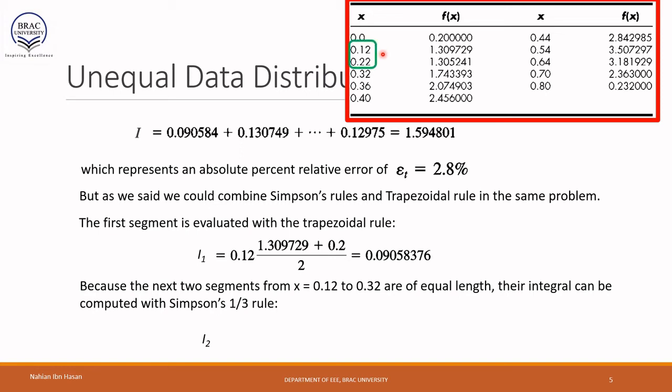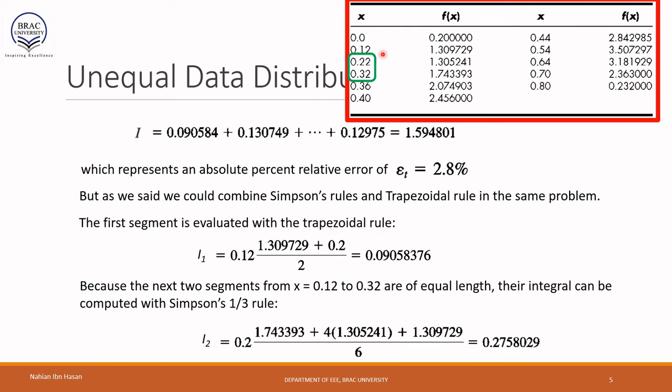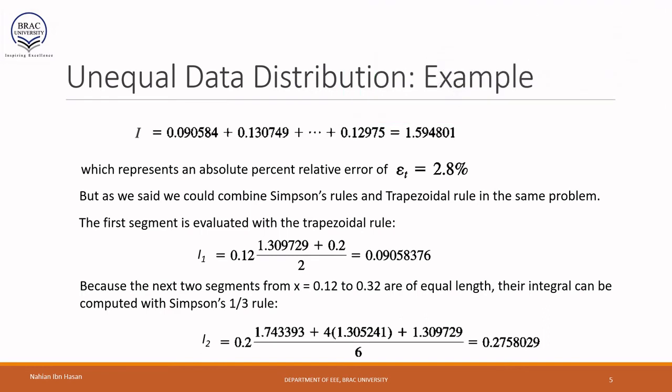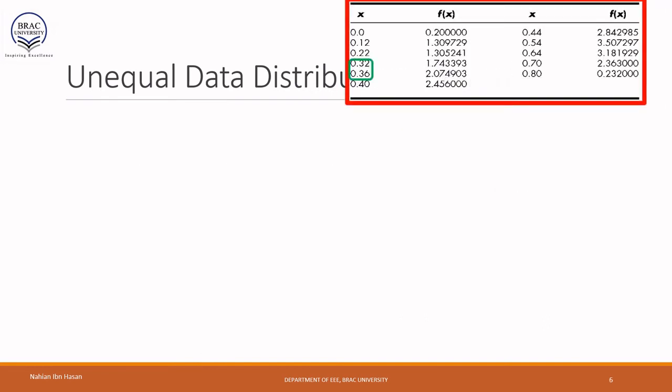That means this one, 0.12 and 0.22, this segment has a width of 0.1. Similarly, the next segment, 0.22 and 0.32, has a width of 0.1. So these two segments are of equal width, so we can easily apply the Simpson's 1/3 rule. If we apply the Simpson's 1/3 rule in these two segments, we will get I2 equal to 0.2758029. So in the next three segments, 0.32 to 0.36, this